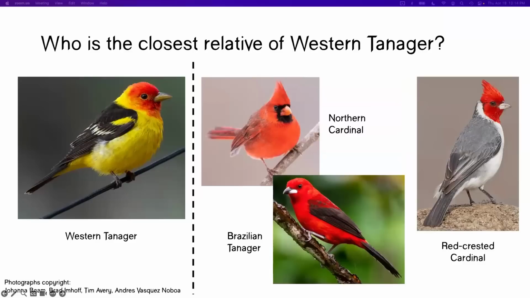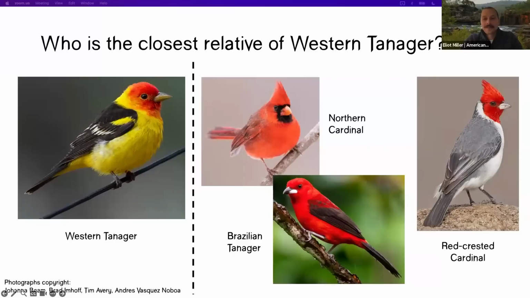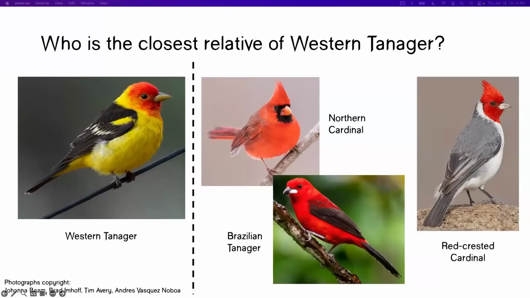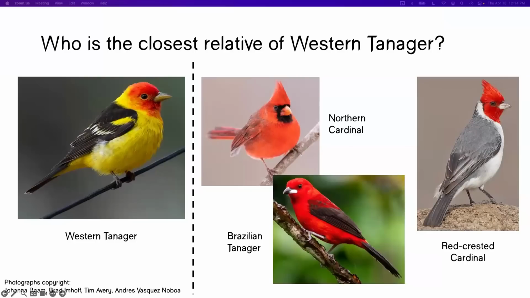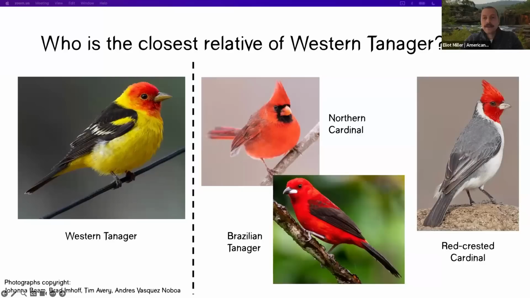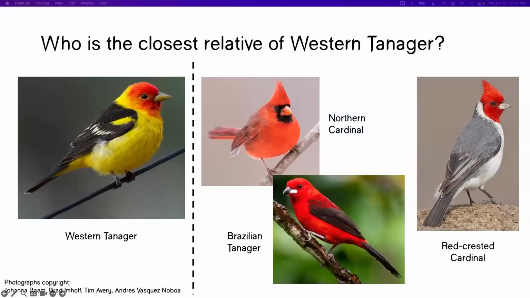And here we go. With 700 people, we do have to wait a bit, don't we? Yeah. You are popular. Birds are popular. Okay, just about 500 people have entered. Cool. And how are things looking? They are looking as if Brazilian tanager is the most closely related. Yep. All right. Give it 10 more seconds. Okay. All right, we're going to end the poll there.